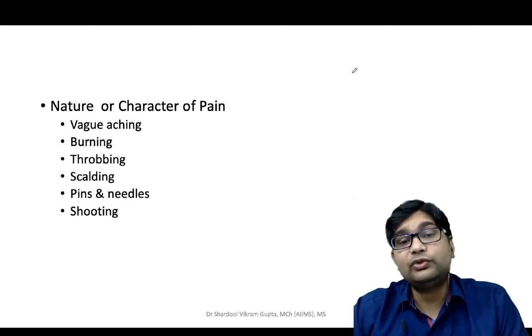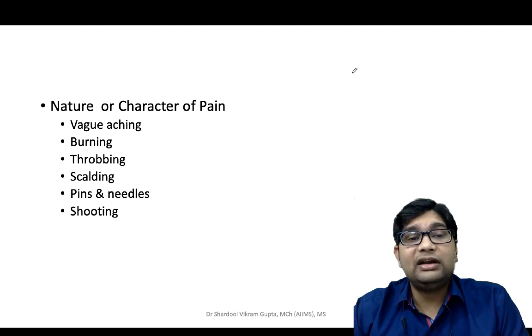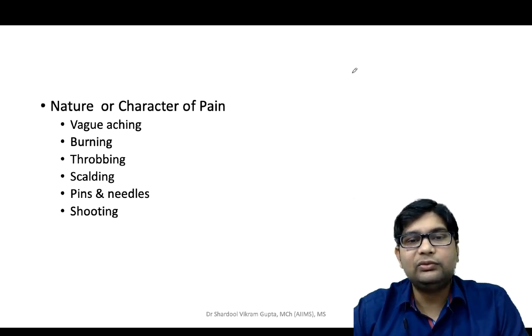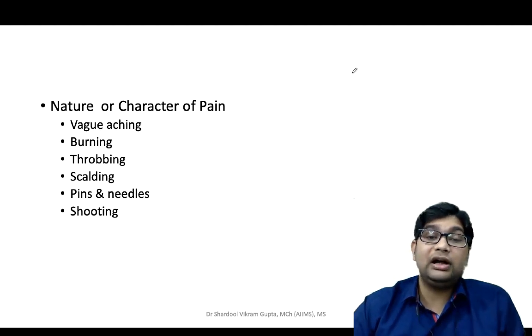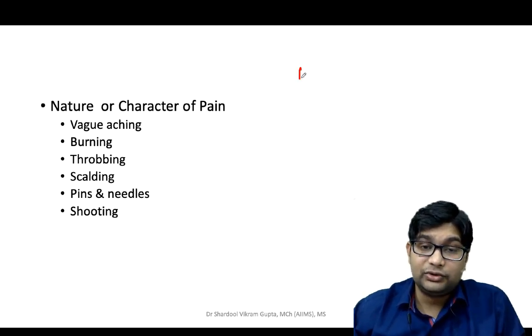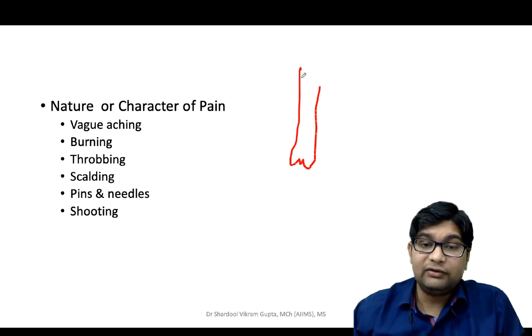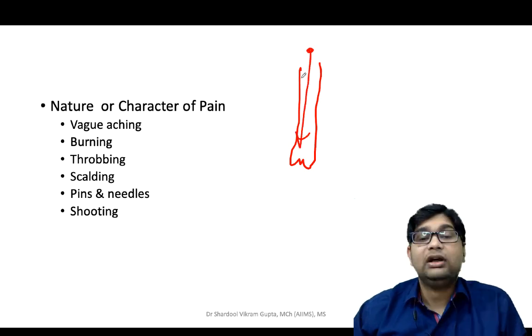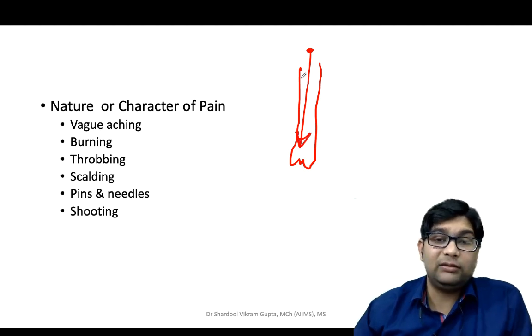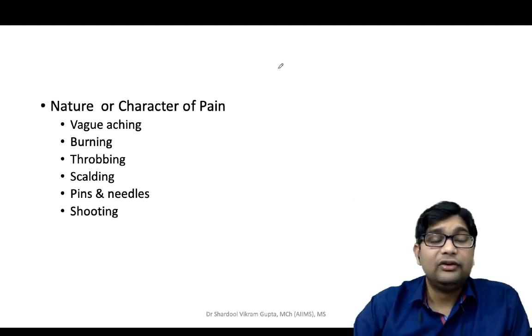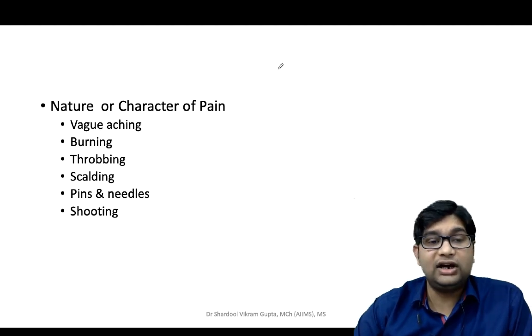Or it may be a shooting pain. In some pathology like sciatica, there is shooting along the nerve. तो जैसे इलेक्ट्रिकल करंट जैसा सेंसेशन होता है ड्यू टू स्टिमुलेशन ऑफ द सियाटिक नर्व, there will be a shooting pain along the lower limb. Patient will feel pain arising from here and it will shoot along the limb. Sharp sudden pain as if electricity has passed down the lower limb. So this is known as shooting pain, which is seen in sciatica.